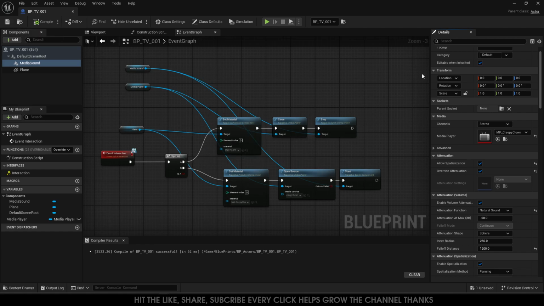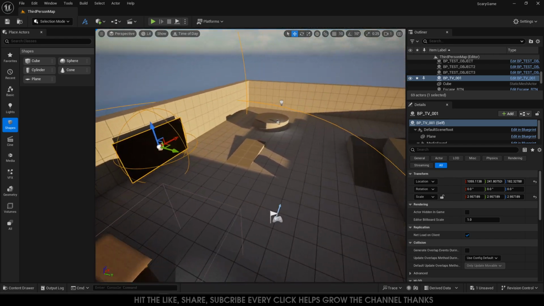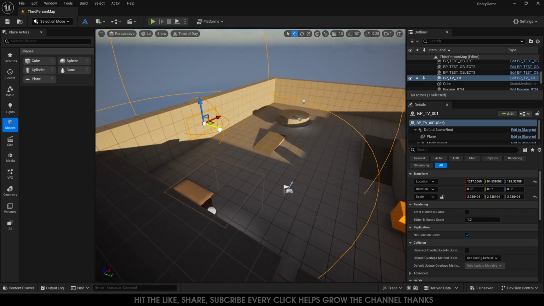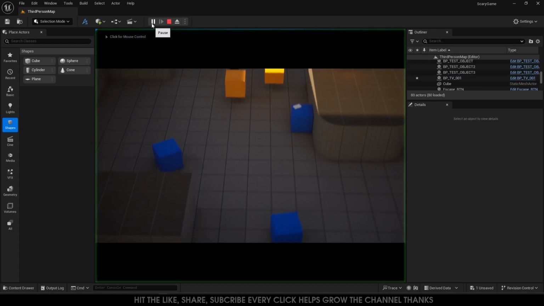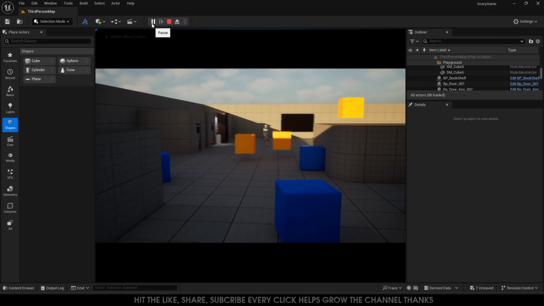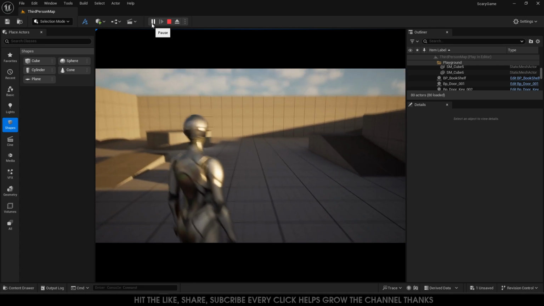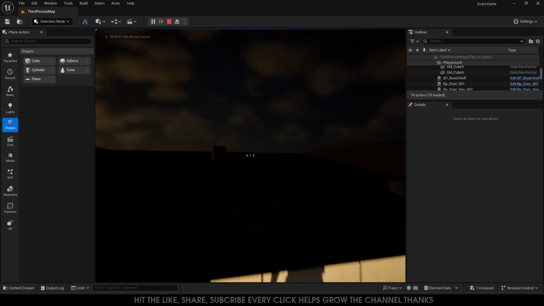Compile, save, and if we go back to our scene, you can see we've got the radius set up on our TV. We can scale this down, and we can move this around. Anyway, place this here. Let's go play. So you won't hear the TV because it's turned off right now by default. If you want to flip it the other way, feel free. So it's turned on and you have to turn it off. If I go up to it,